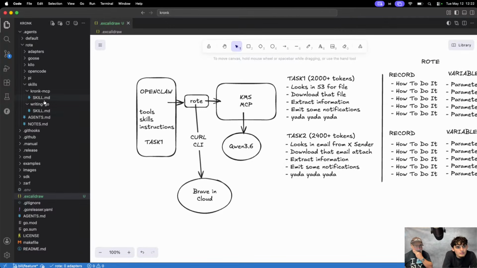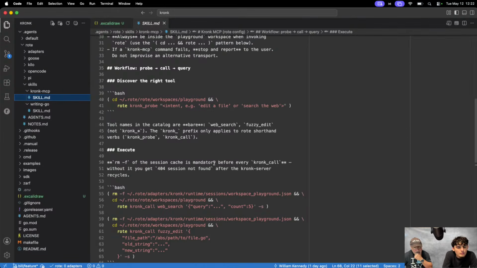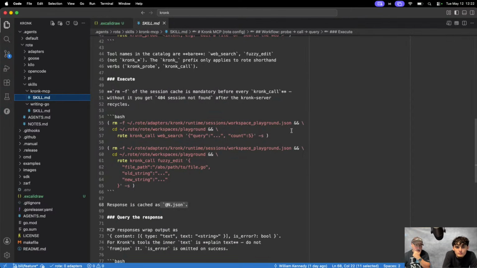There is one other thing. Okay, now they have a fix for this. I might take this out of the skill just so you can see it. I'll make a decision game time. You would never want to do this as part of your skill because this is basically deleting the crystallized memory here. I'm deleting the workspace before I make the call, like before you make the first call to rote. Even every time I make the call. You don't know. This was a build problem, I think, more than anything else.